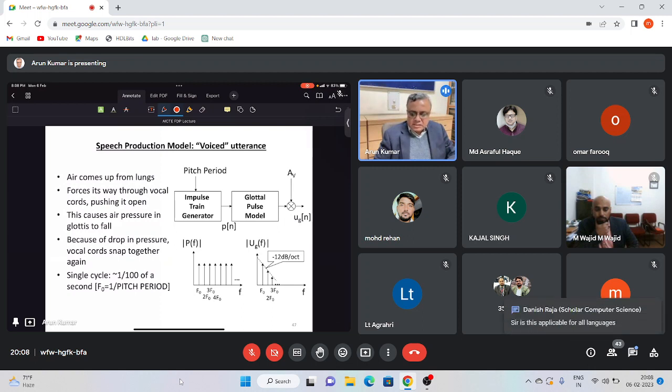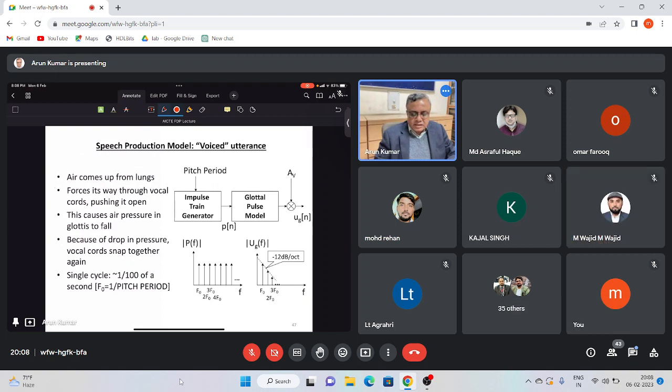As I discussed earlier, air comes up from the lungs, forces its way through the vocal cords, and pushes the vocal cords to open. Then when the vocal cords open, air rushes out through it, which causes the air pressure to fall. It follows Bernoulli's principle over here, that P1 V1 is equal to P2 V2, where P is the pressure and